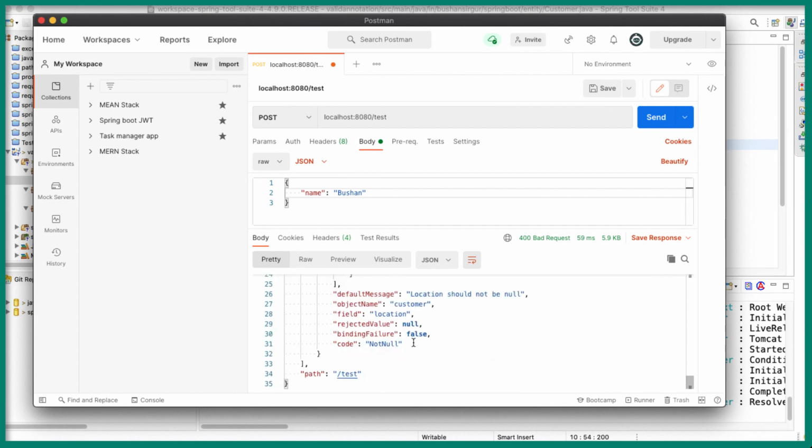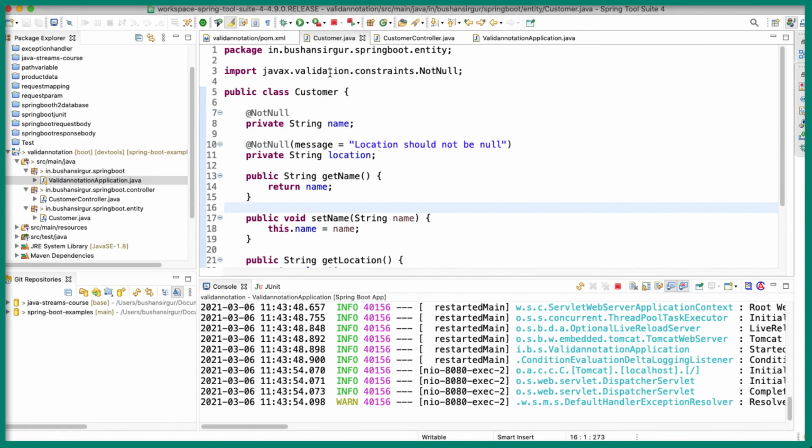We can customize this with user-friendly messages, and how to do that, how to validate the other fields, and what the different annotations the validation package provides, we can see in the next video. This video is all about the @Valid annotation, and we have learned how we can use it in the Spring Framework and how to validate the bean classes.